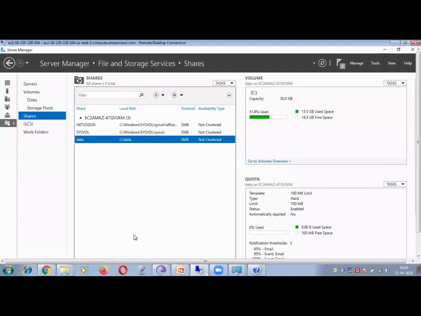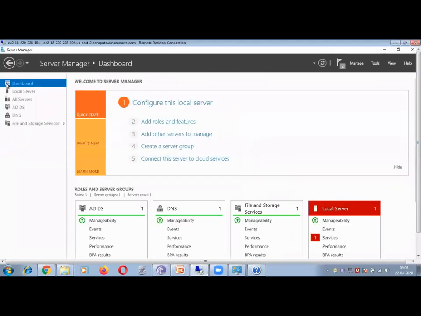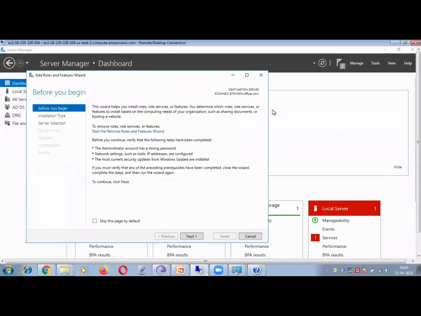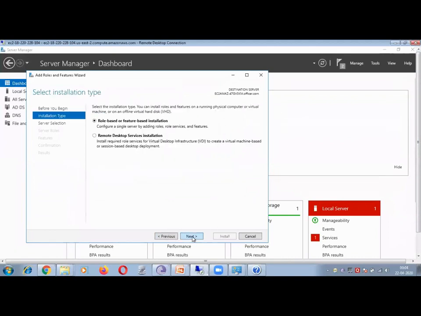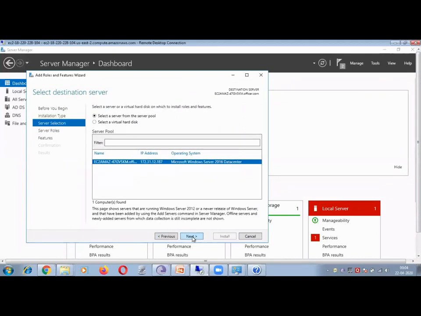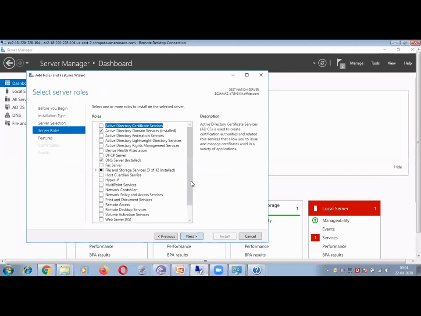Can you install the print server? Next, next, next, next. Select your print server.